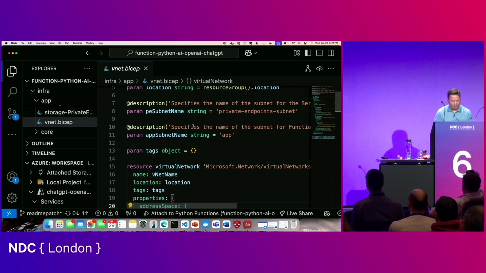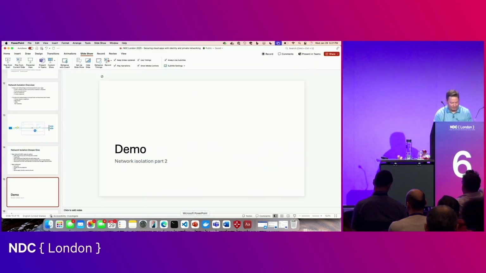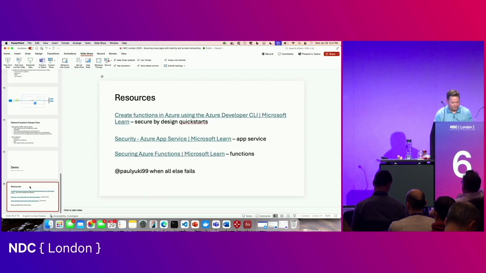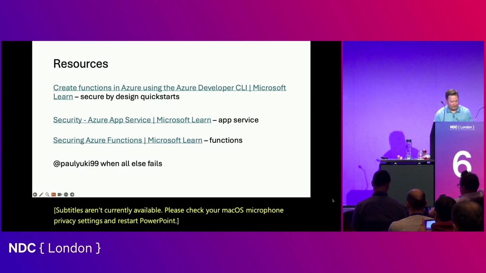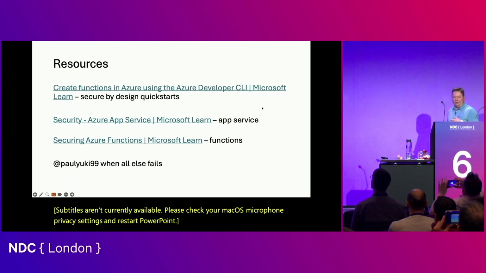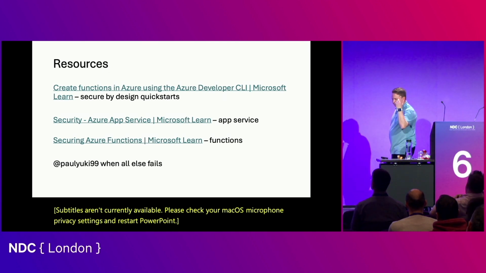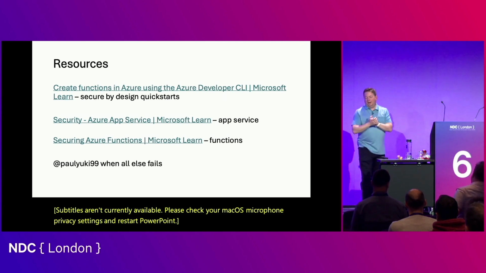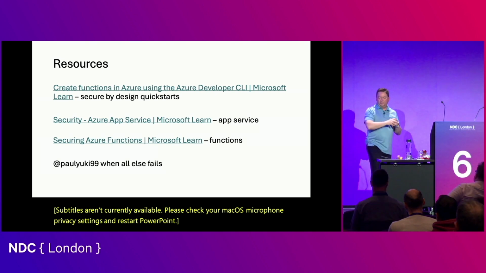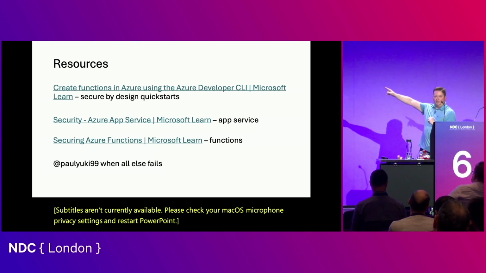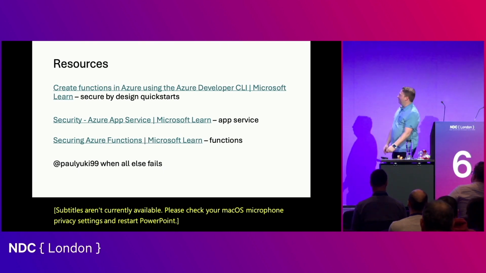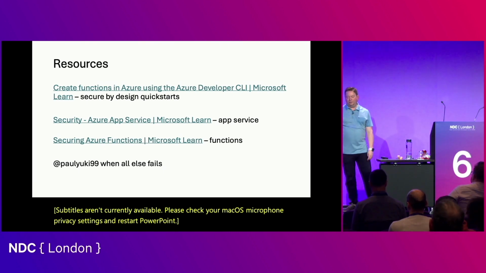So I think that's it. We're going to run out of time, so I'm going to leave you with some resources. I'll send out the slide deck afterwards, but we have docs for App Service and Azure Functions. I'll add one for AKS and VMs, since you raised your hands, and container apps. We've got these quick starts, which show you all the solutions. I'd highly recommend starting there. When all else fails, you can X or tweet me, or whatever you say nowadays. I'd love to talk to you and help point you in the right direction.